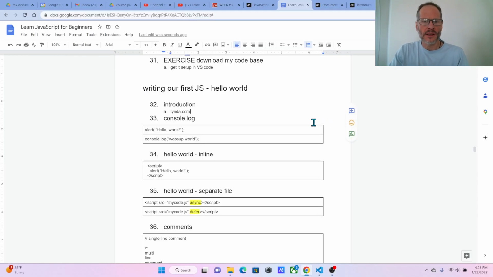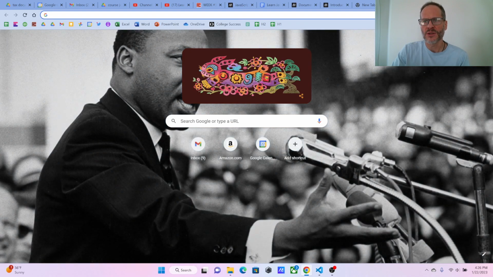So the next thing we're going to learn is about using the console in developer tools in your browser. And we're going to learn about alert and console.log. We're also going to look at documentation on MDN, Mozilla Developers Network, because that's the go-to source for JavaScript documentation. And so to get to your developer tools in your browser, you just want to get a new tab